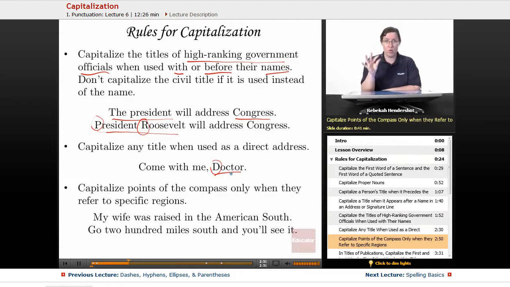Next, capitalize points of the compass, north, south, east, and west, only when they refer to specific regions. So, for example, my wife was raised in the American South. Well, the American South has a very specific meaning. It's a set of states in the southeastern portion of the United States. If someone is from the American South, you know that they have to be from Georgia or Mississippi or a few other states. So it's a very specific region, so in that case, you capitalize the S in South. But if you're just talking about the cardinal direction, go 200 miles south and you'll see it, you don't capitalize the S in south because you're just talking about the direction,